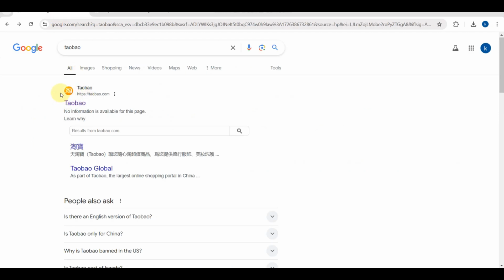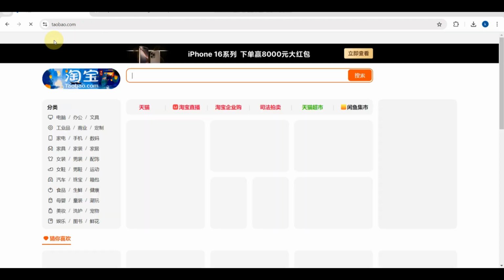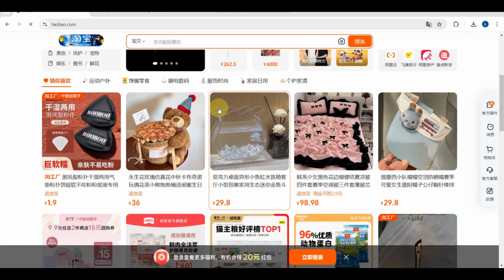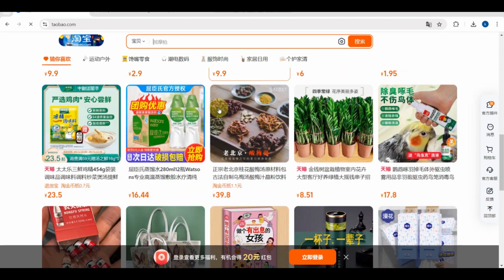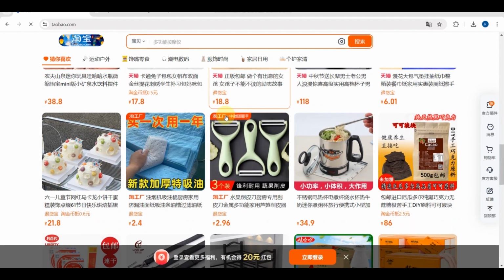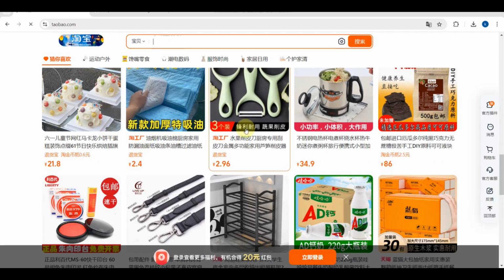So here guys, you just need to tap on this one because this is the first step. After you tap this one guys, it will be loading. It will take some time guys, but you just need to wait for a little bit. And then right after this one guys, you'll be able to see here the Taobao platform, which is in Chinese because this website is a Chinese website. So as you can see here guys, if you are not familiar with the Chinese language,